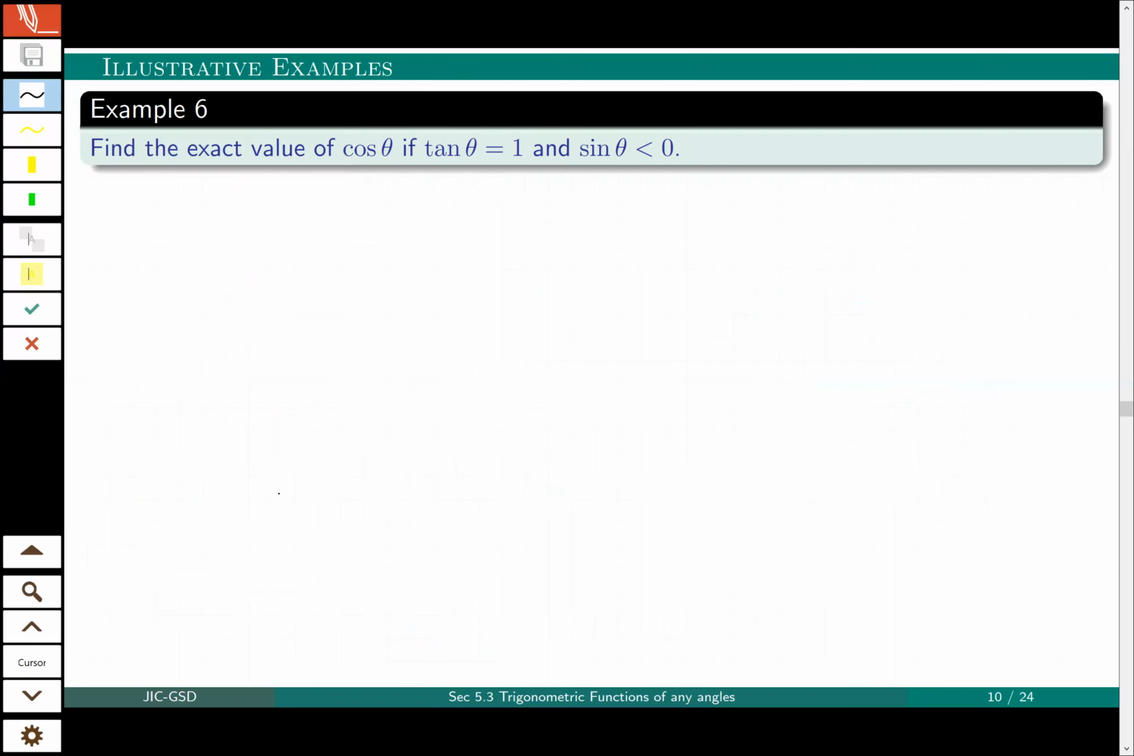Here it says find the exact value of cosine theta if we have tan theta is 1 and sine theta is negative. First of all, we need to specify in which quadrant we are working. It says tan theta is equal to 1. Where do we see tan positive? Tan is positive in quadrant 1